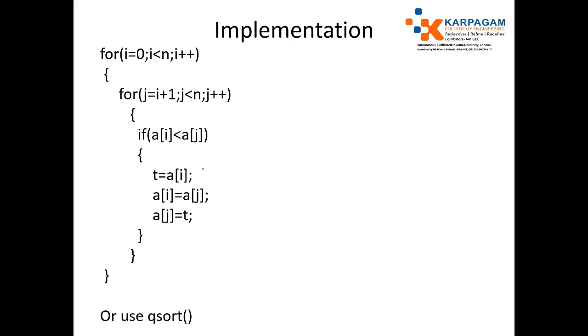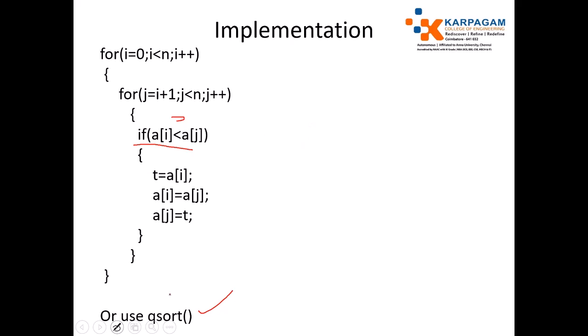Then sort using a basic method. Here I am sorting the data in descending order. Instead of ascending order, now I am using descending order. Otherwise, you can use qsort, which was discussed already in previous sessions. If you are trying to minimize the time, use qsort. I don't want to discuss it again. Use a compare function and qsort. qsort has only one line of statement.